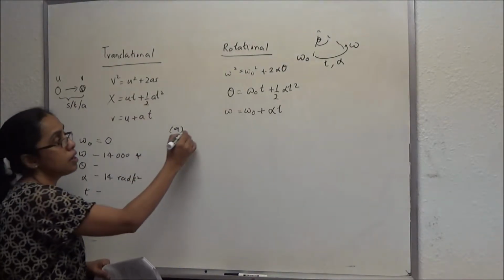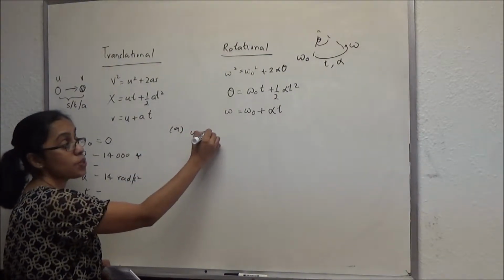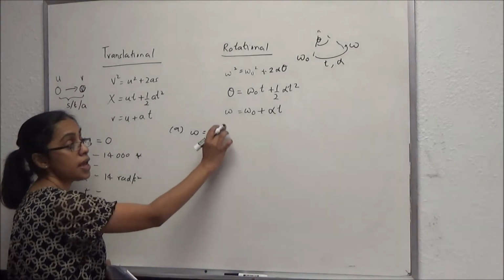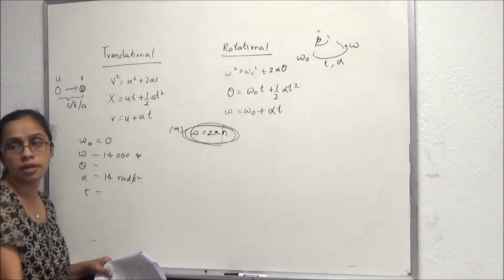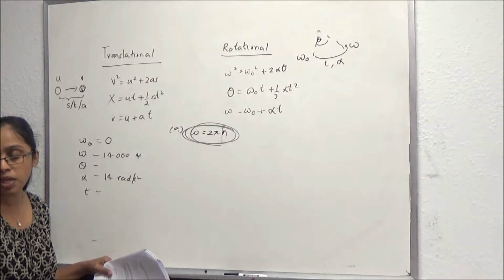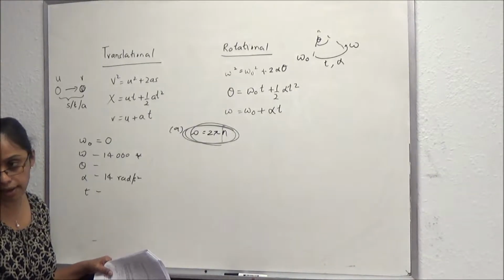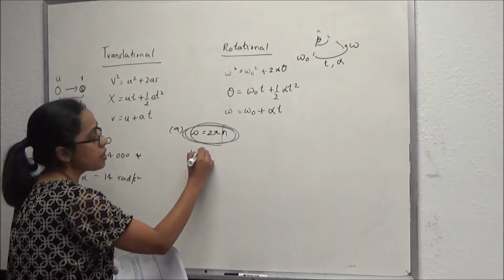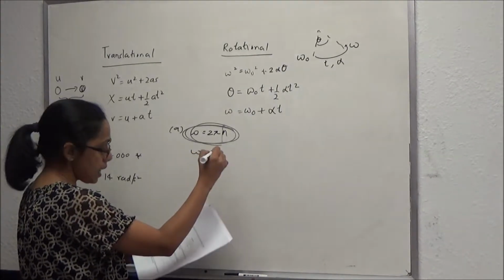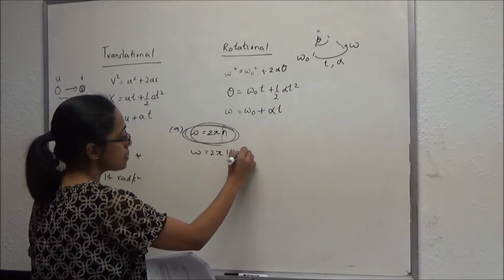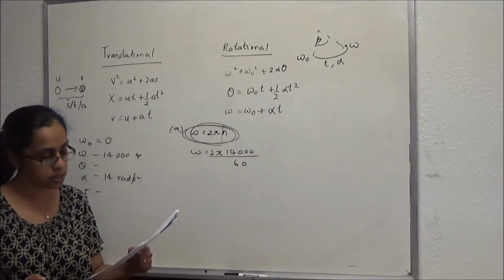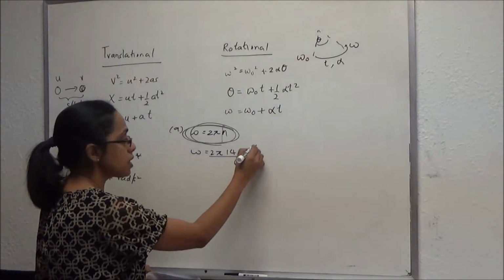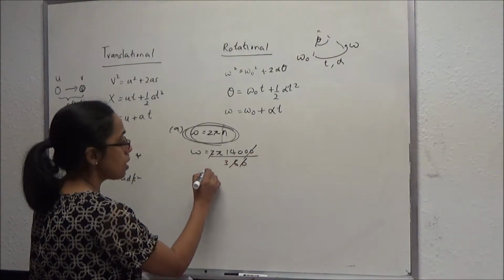Omega equals 2 pi n. Remember that. I'm circling that. Omega equals 2 pi n. So omega is 2 pi n, where n is 14,000 rounds per minute. Therefore, it has to be divided by 60. So you will get this one as